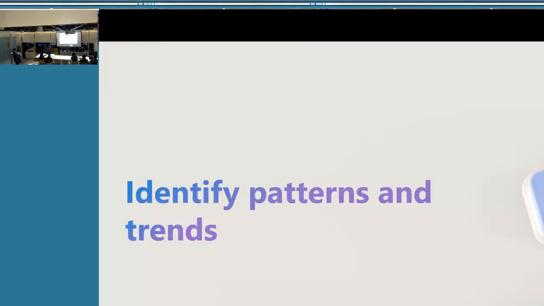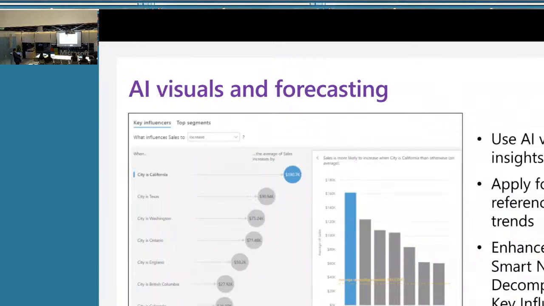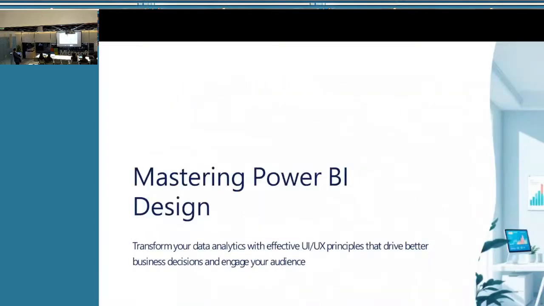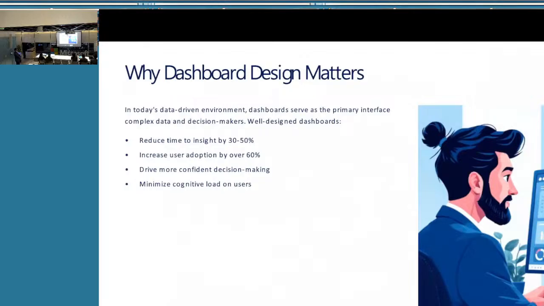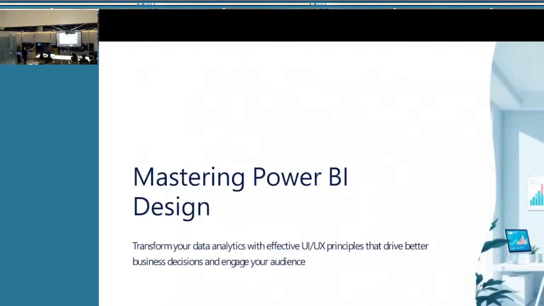So let me actually shift before I go here, since we're talking about this one. Ashraf, I'll pass it on to you. Yeah, thank you. It will be the same thing which Fatima just explained. So before I start, how many of you have used Power BI? Please raise your hand. So you are all working as Power BI developers, right?